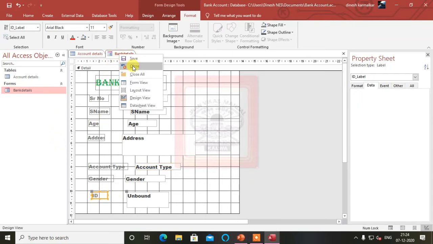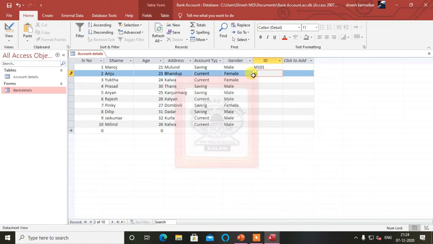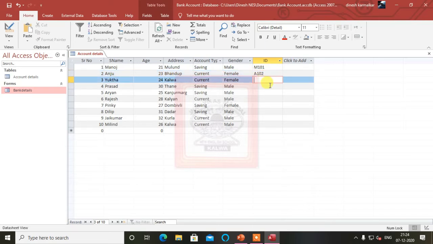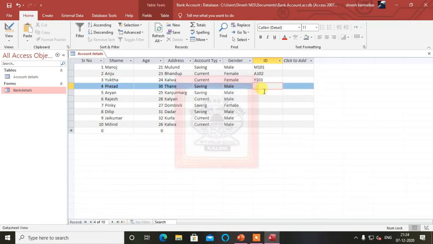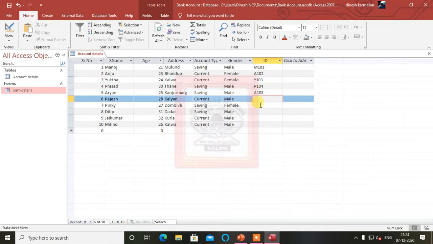For that I will close this and enter 10 records here. Normally the ID I will put here, M here, and we will use the number from here: the ID with the first letter of the name, and the roll number written in 3 digits.